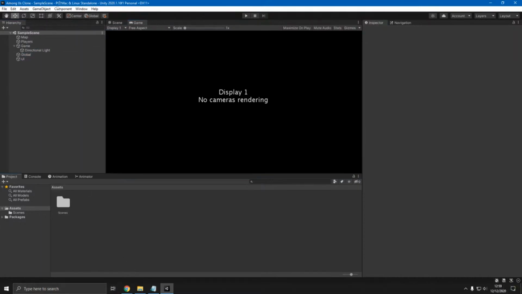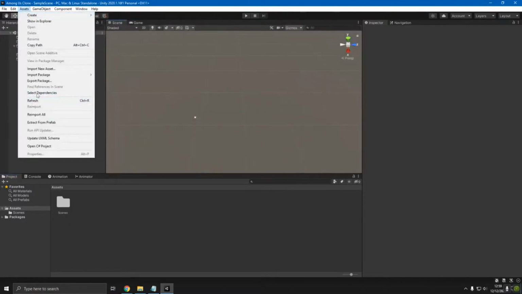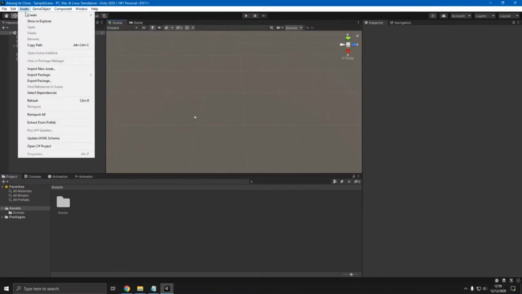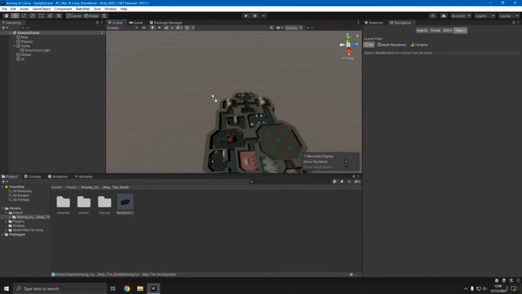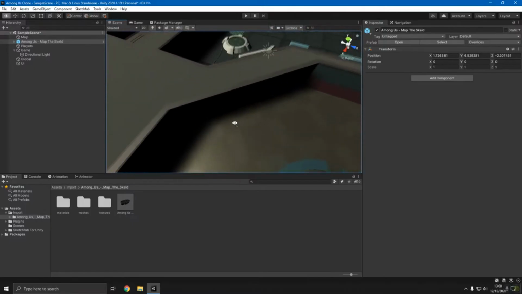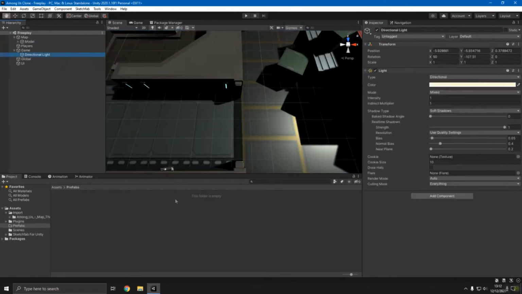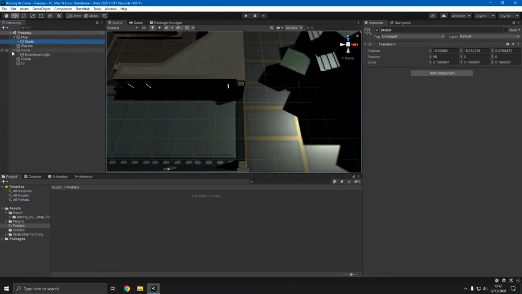Let's get started. Okay, so we're gonna import the map. I was practicing with this yesterday because it was complex. Now, I need to import something called Sketchfab or something. We just paste in the map. Oh, there we go. Saved many hours. Now you may notice the map is incredibly small. And it is. Yes, we will be making game settings, pretty much everything, you name it, in Among Us, including